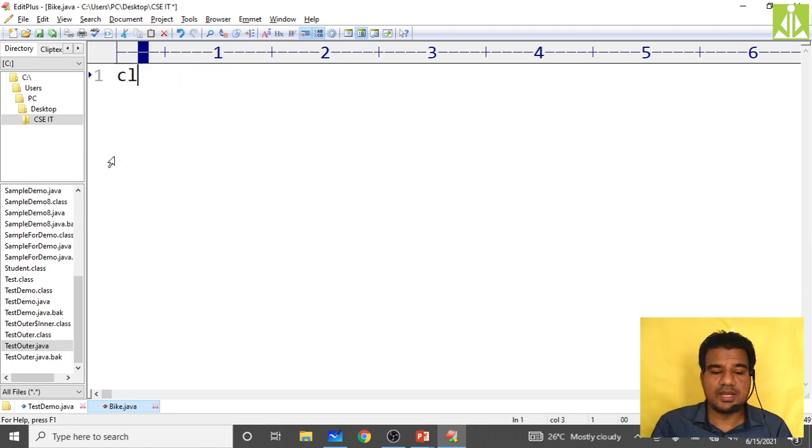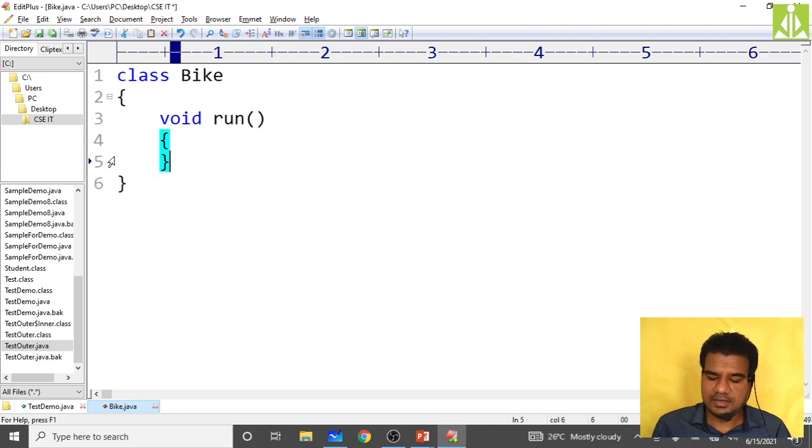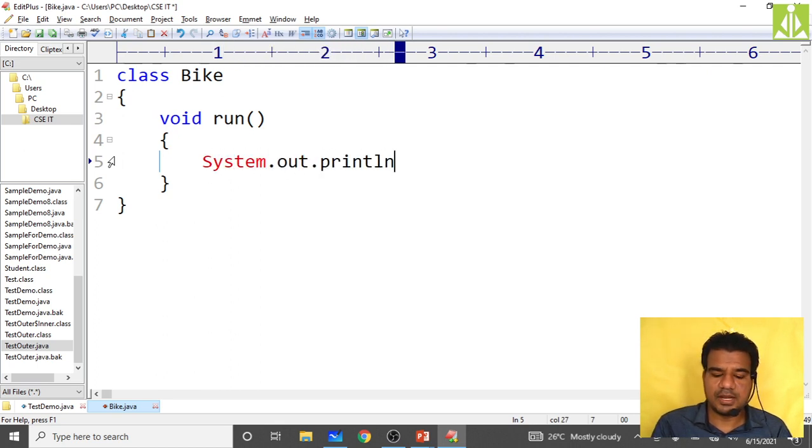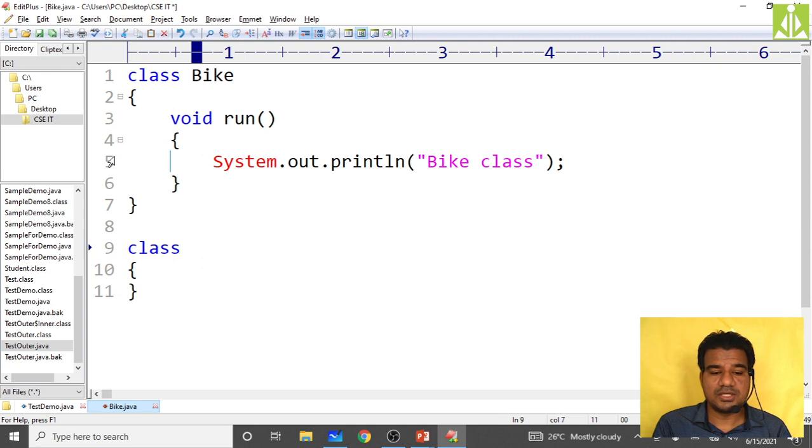Control A, delete. Quickly I will write class bike, and in it I'm keeping one method run. Here I'm keeping System.out.println, and one simple message in the bike class. Take another class, with the name Honda, extends bike.